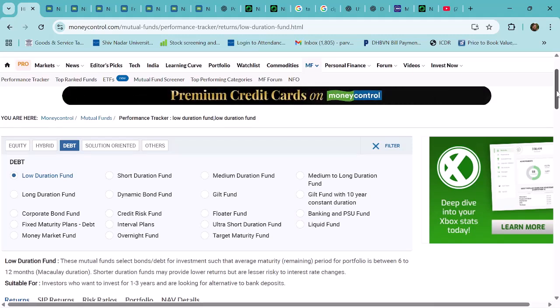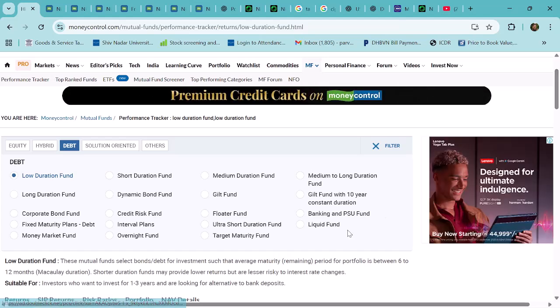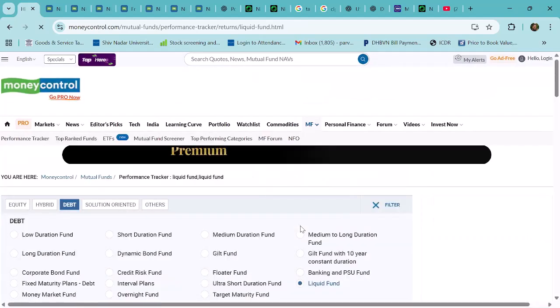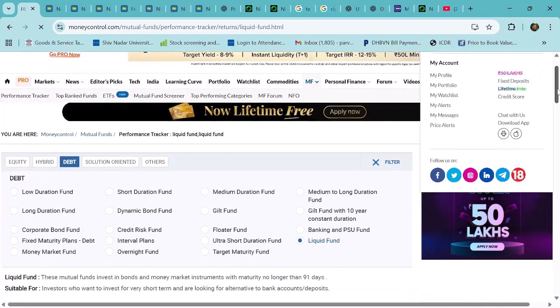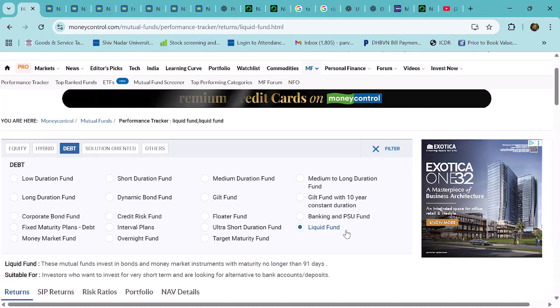There is a word which has been constantly repeated in most of the mutual funds. What is that? Duration. Absolutely. Duration is a word used quite commonly with most of the categories, and it is very important. Suppose you're going to invest, the least risky fund would be liquid funds. If you don't want to take any risk and you want to invest into a fund which is going to invest your money into fixed income securities, you should choose a liquid fund, where the duration has no meaning as such.